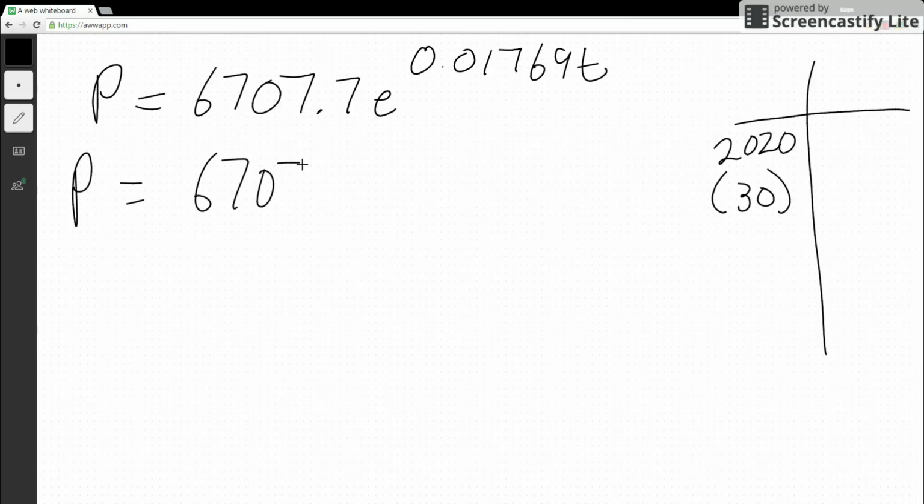And then from here, it's just all calculator work. Okay, enter that into my calculator. The best way to do this is start with the e. So the exponent would be 0.01769 times 30, and then times 6707.7, and that equals